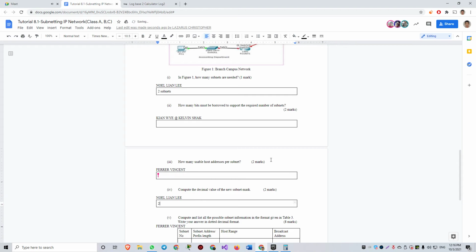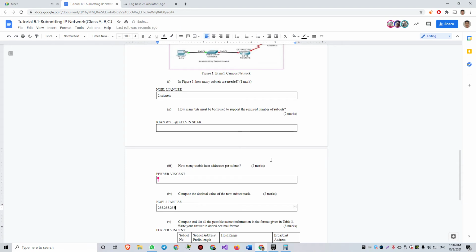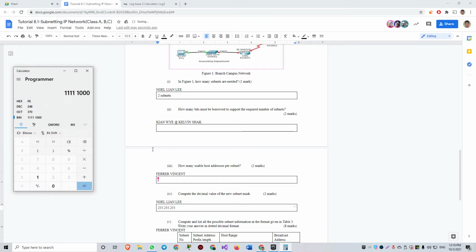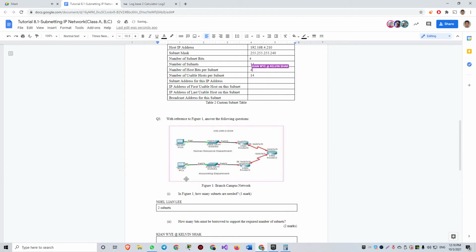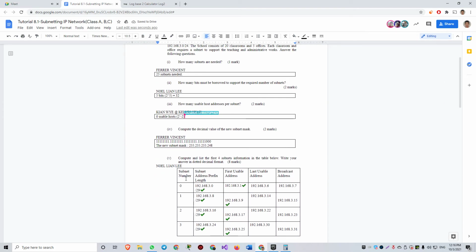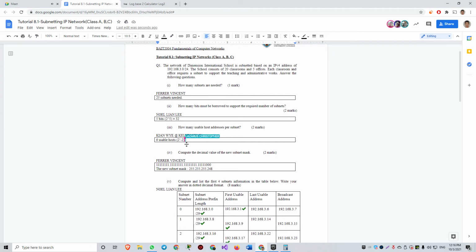Question. About the 6 usable hosts, how to find this one? Question 1, number 3, 6 usable hosts. How do you find it? There is a formula. The formula is 2 to the power of n